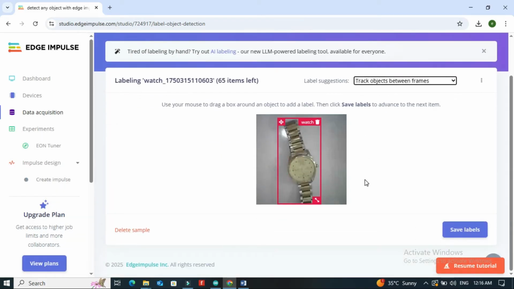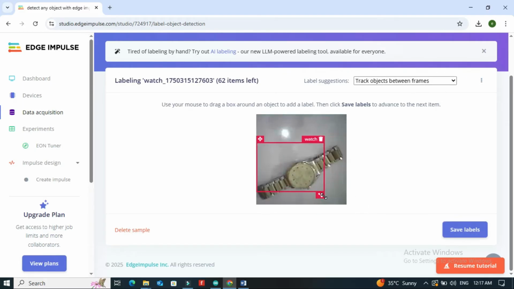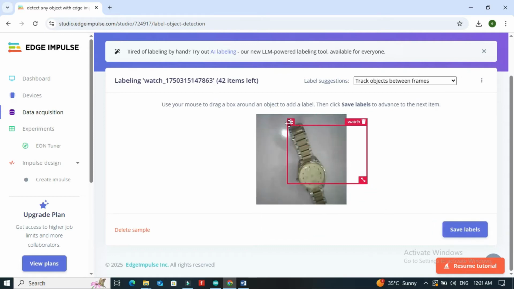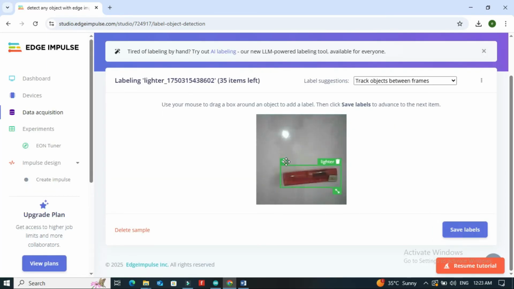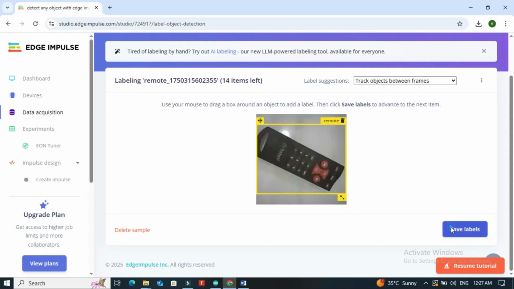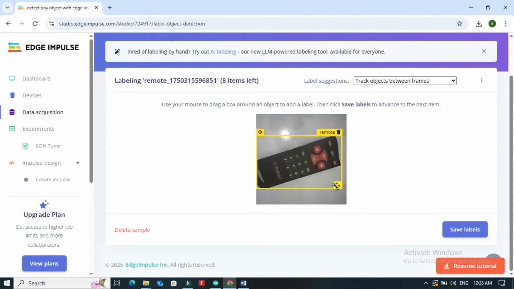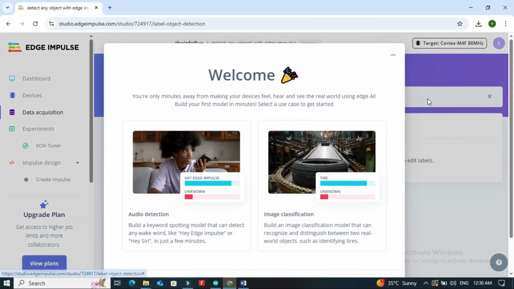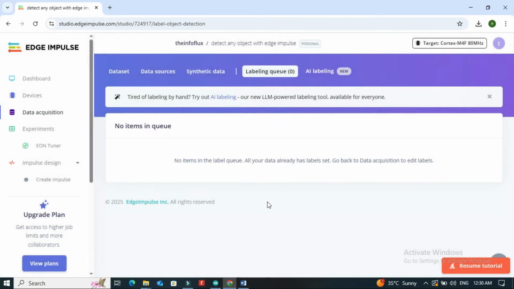To speed up the process, click Save Label and continue to the next image. Repeat until the label queue becomes 0, meaning all images are labeled.